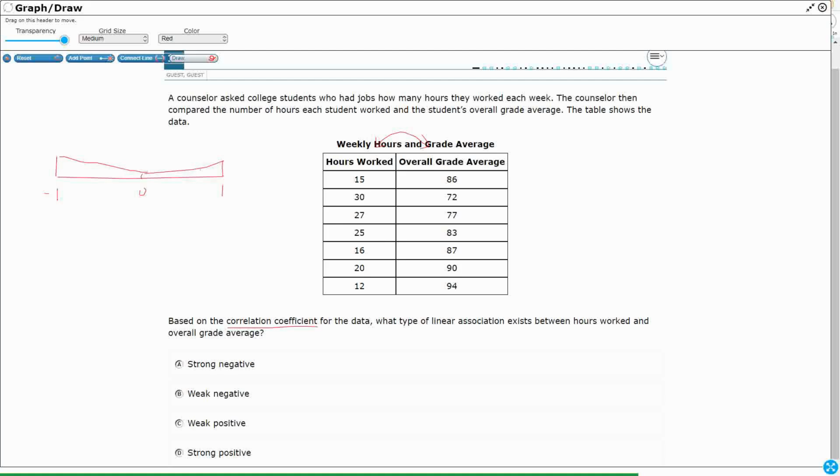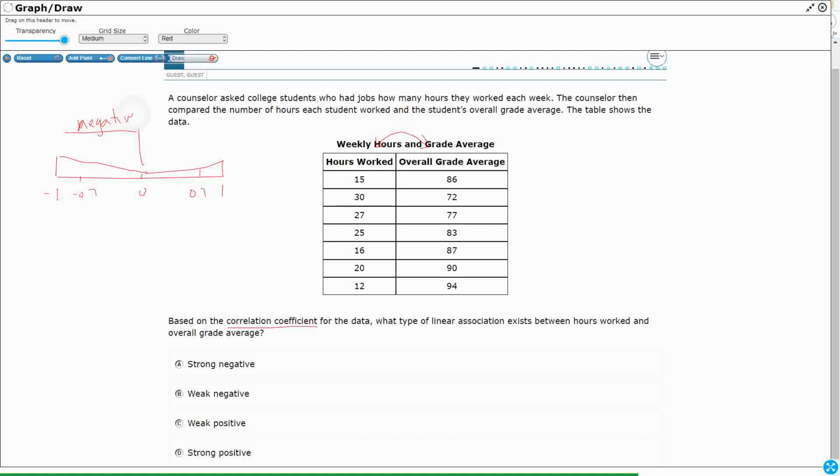So our benchmarks are going to be 0.7 and -0.7. If you are in the negative, anything between 0 and -1, you are going to be a negative